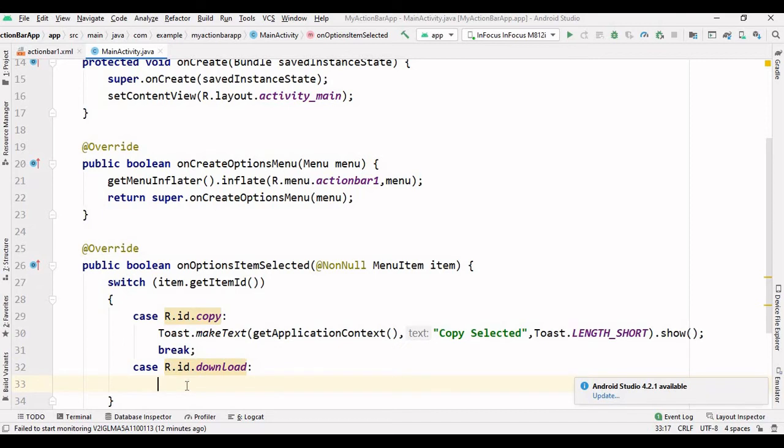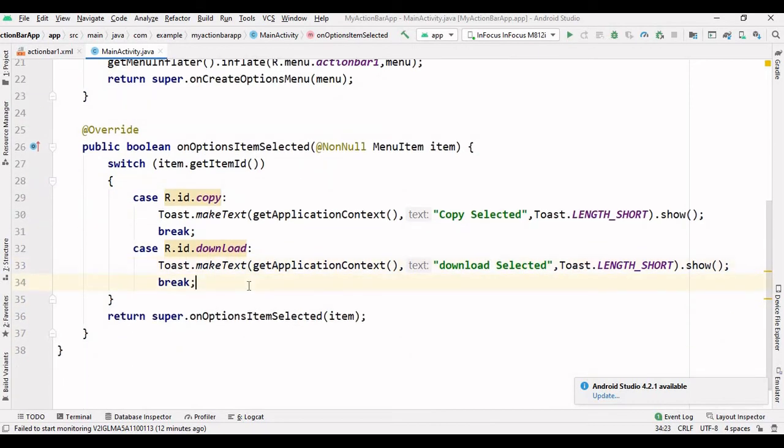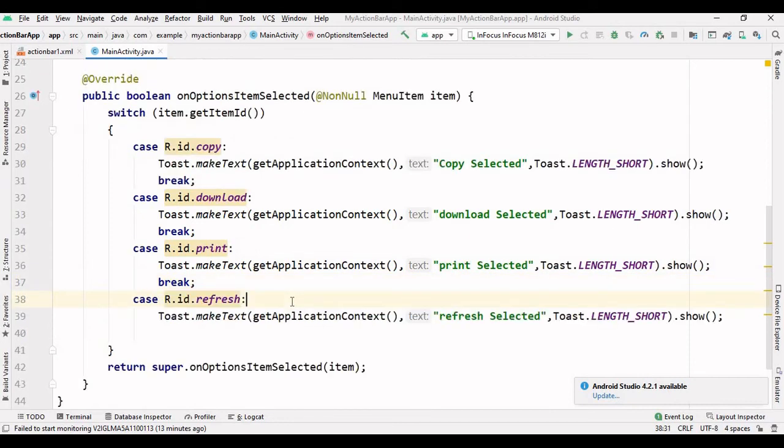I will just copy this, paste it here, and here I will say "Download selected". Like that you can write the cases for the other options also. I have added the cases for print and refresh also. In case of print I have written "Print selected", and for refresh, "Refresh selected".